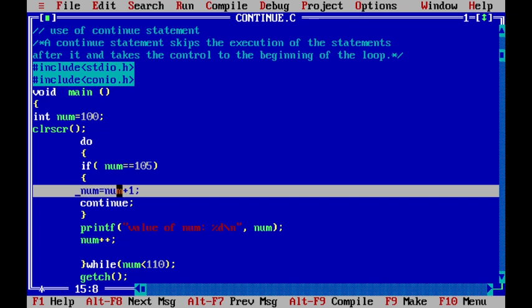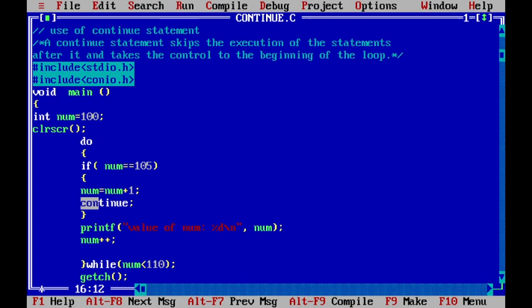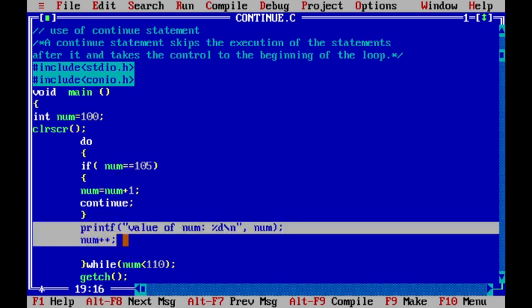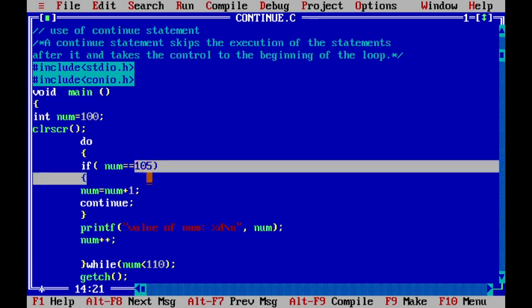That's why num equals num plus 1 is added here. And after this addition, this continue statement will be executed by the compiler. Clear? And after this, the printing statement will not be executed, meaning printing of 105 will not be there in the output.